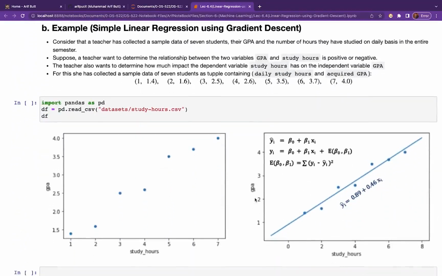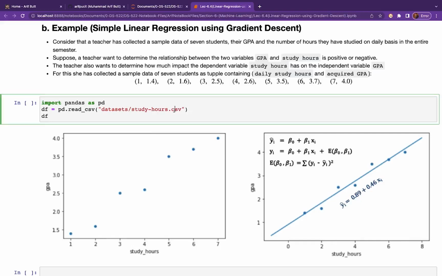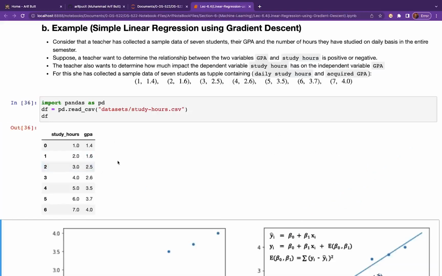Okay, I think now it is time to practically use gradient descent algorithm for a simple linear regression problem. Consider this toy dataset. Let me load this data from this CSV file. We have seen it before as well. It has just two columns